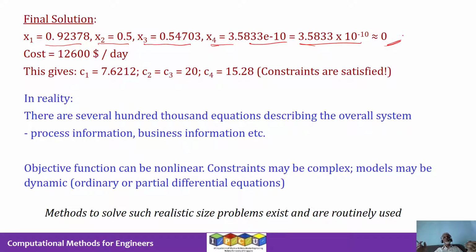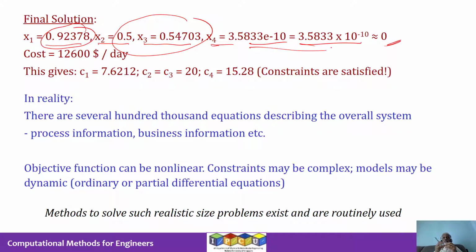Now, you might ask, why should city 1 do cleaning up of 92.37% of its pollutant, whereas the other cities are doing about 50%, and city 4 need not do anything? This is because we are taking into account the overall cost of the system. We are not taking into account what is the cost of city 1, city 2, city 3, and city 4.